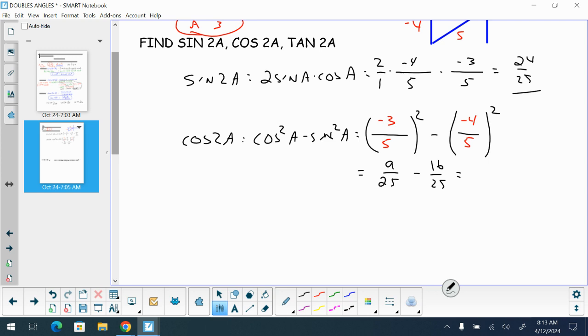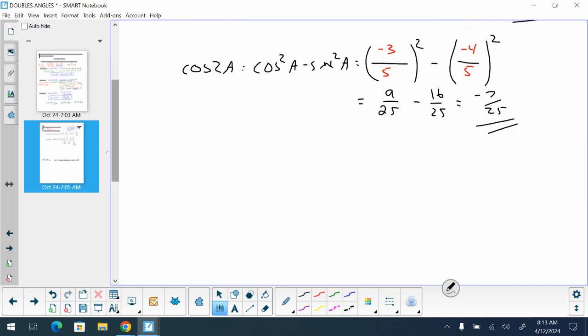So we should get 9 over 25 with the first, 16 over 25 with the second. We're subtracting them. What do we come up with then? Trenton, what do you get? Negative 7 over 25. Tangent 2A. Now, what I suggest you do with the tangent of 2A